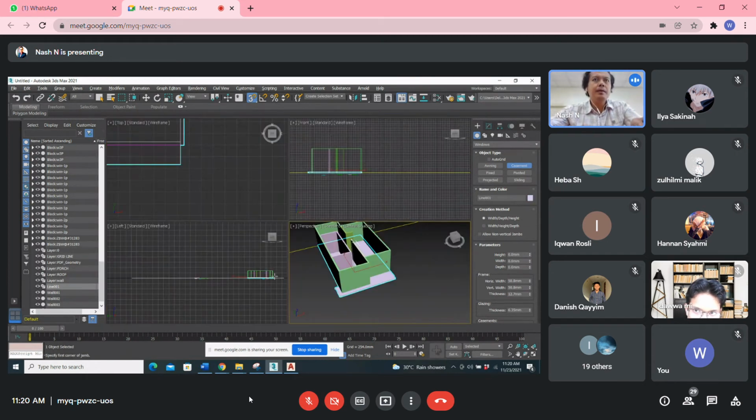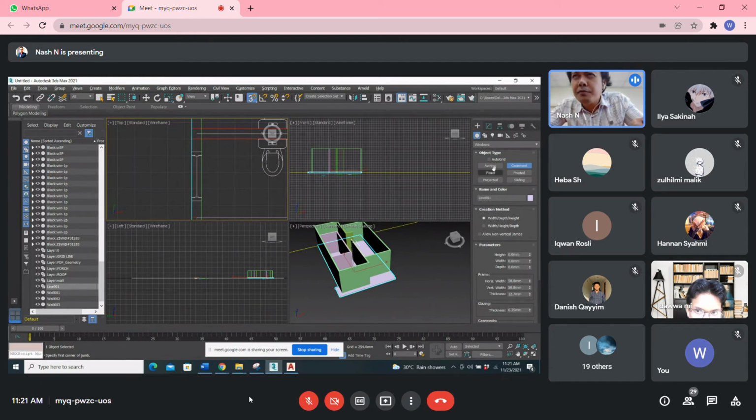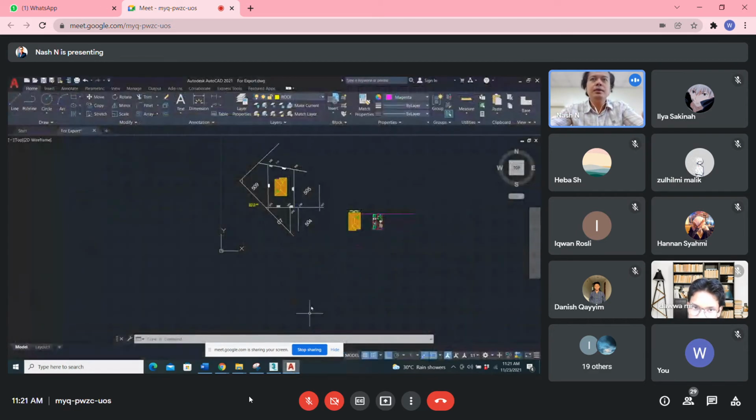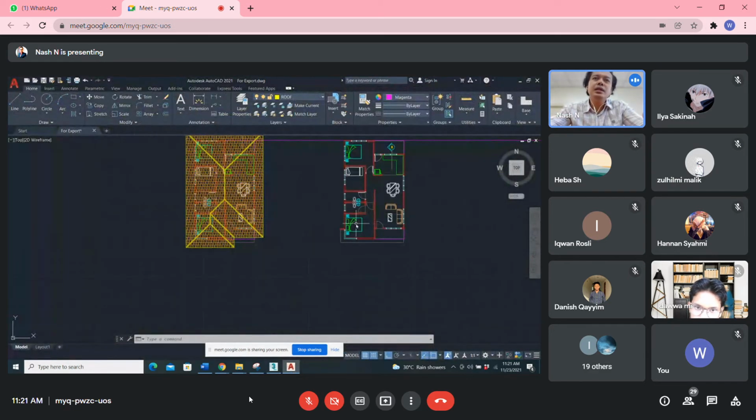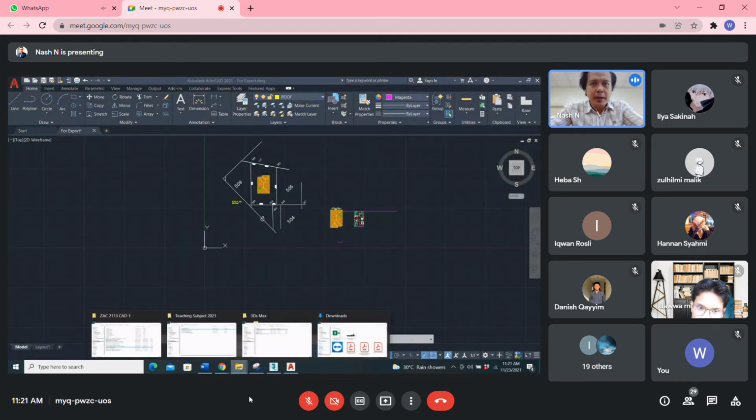We do it in the plan. Let's say the window is here. What type of window you want? Pivot, awning. Let's say casement. The height of the window you can adjust. Normally the height of the window is, let's say, 1800. Or maybe you can refer to this. Or you just delete the elevation earlier. It's okay. Then we open back.